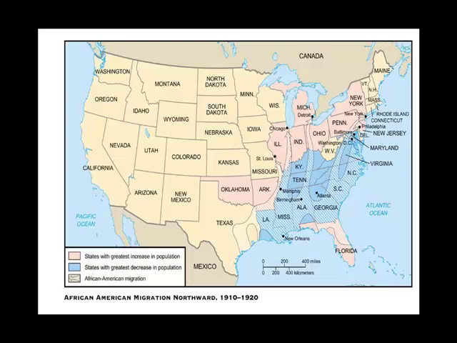And let's take a look at the maps and see if we can follow these migration lanes and see where people are going to. Now on this map, if you look at the blue areas, those are the states that experienced the greatest decrease in population. And the pink areas, New York, Pennsylvania, Ohio, all the way over to Oklahoma, those are the areas that experienced the greatest increase in population.